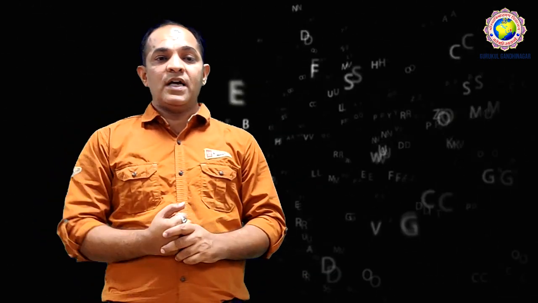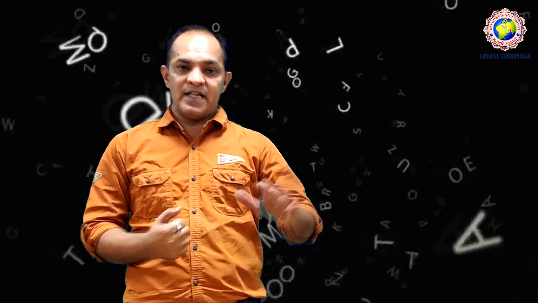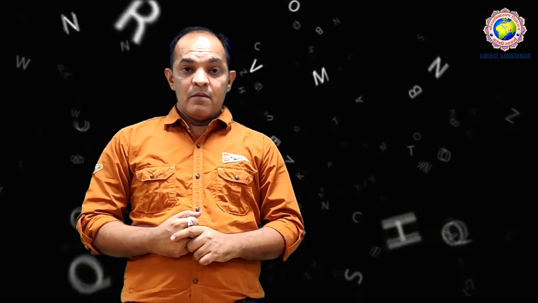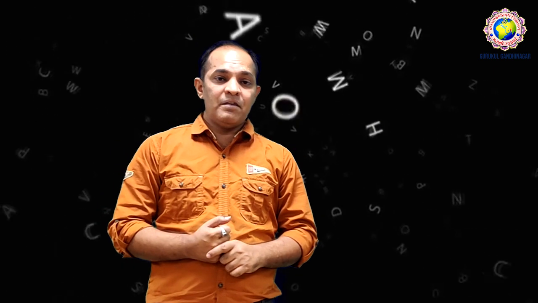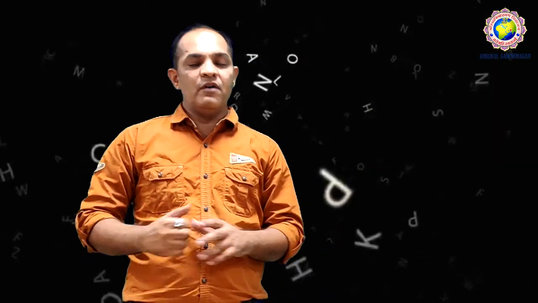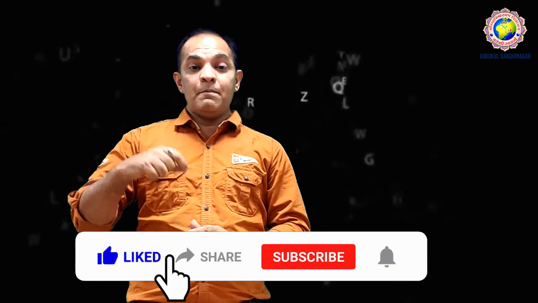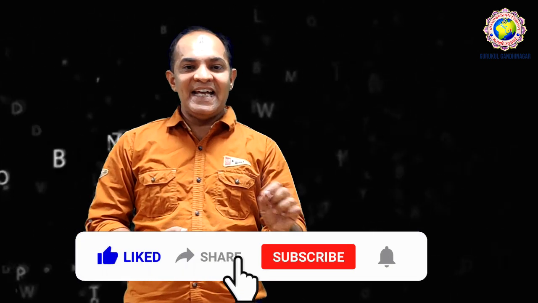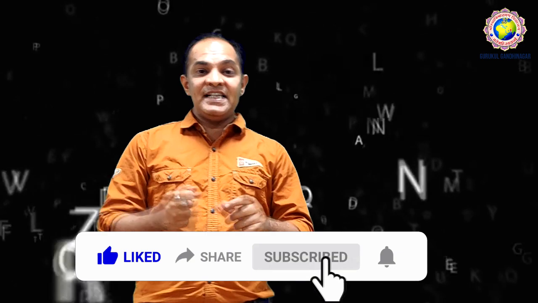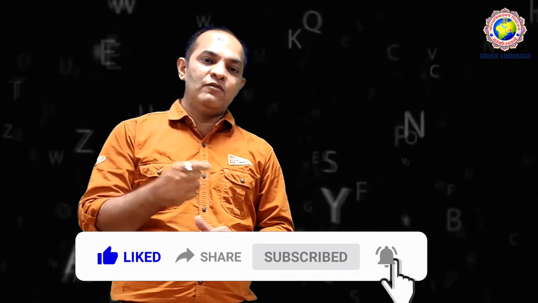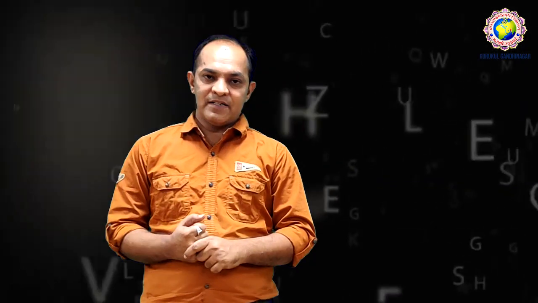Before that, I would like to give you some basic information. In active voice, there are 12 tenses, and in all 12 tenses the formations differ, because as you know, active and passive voice are totally dependent on the formation of sentences. In active voice, there are 12 tenses, and each tense has 6 formations. While in passive voice, there are only 8 tenses. So in those 8 tenses we have to convert from active voice to passive voice, right?